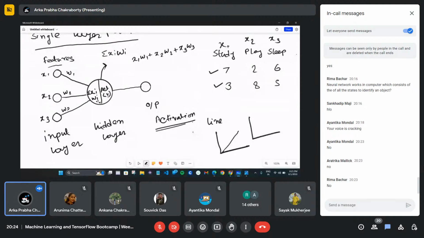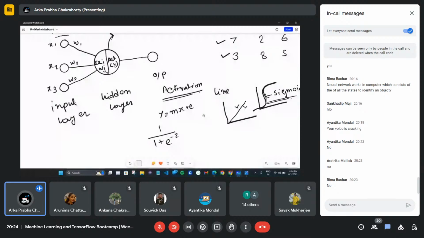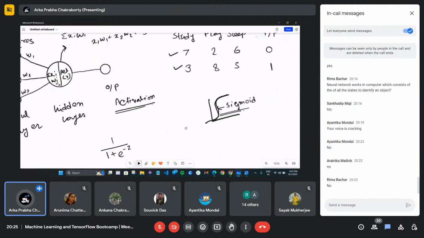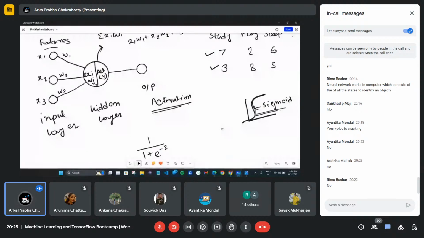Let me just erase the unnecessary part. By that you will be able to understand clearly. So this is my sigmoid function. The sigmoid function is used in logistic regression. If you search for something about this, you will be able to understand what the sigmoid function is. But for now, you don't have to worry about it, because nothing more than this will be applied here. You just have to pass this summation value to the sigmoid function.